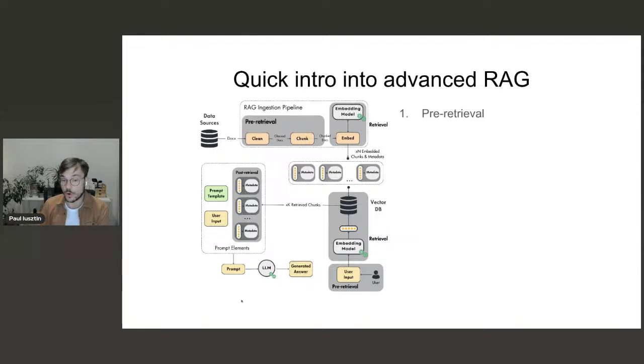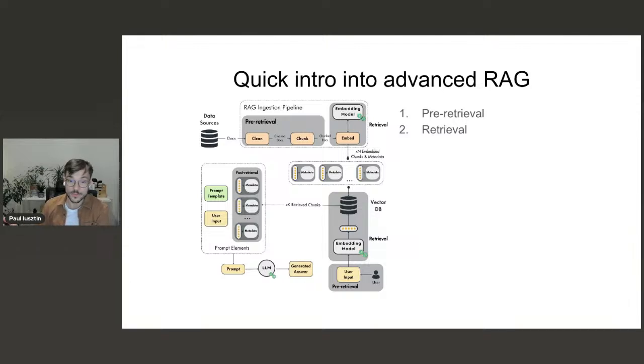Also, on the retrieval and generation part, there is the user query, the user input. For example, is it verbose enough? Does it have grammatical errors? Do you need some specific entities to be in it? These are the types of things that can really do magic in how you query the vector DB.